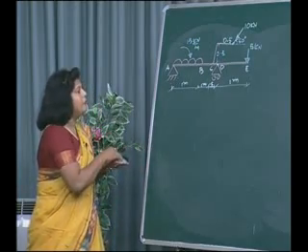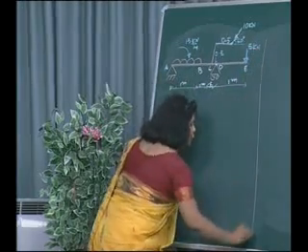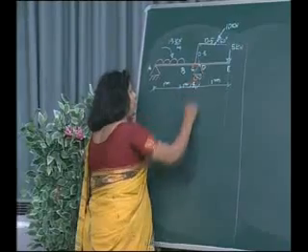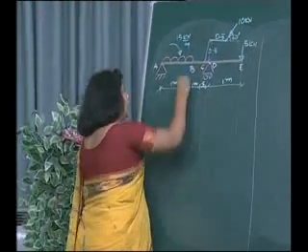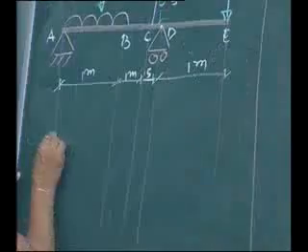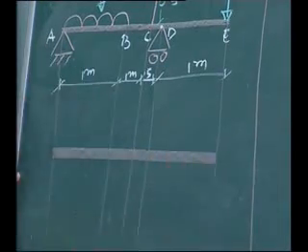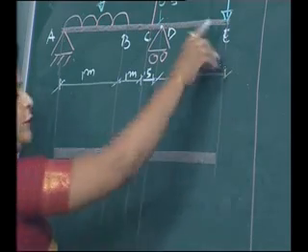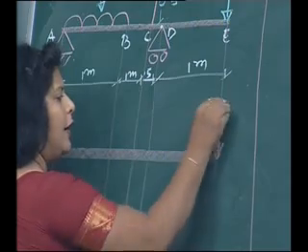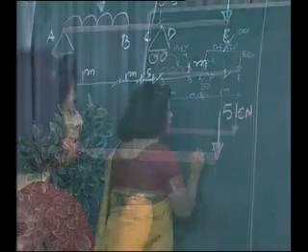To start with, first we have to draw a free body diagram. To draw a free body diagram, we will take all the points in the downward direction. So in the downward direction we will take points A, B, C, D and E. We will draw one horizontal line. So one horizontal line is drawn. To start with, first is the 5 kilonewton vertical force, no need to change. We can write down over here 5 kilonewtons at a distance of 1 meter.